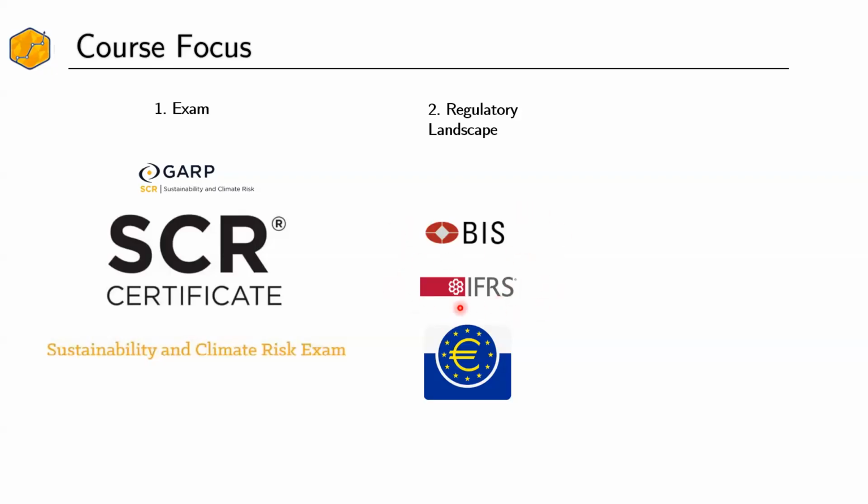IFRS has also come up with disclosure standards for climate risk. I will show you those two papers of IFRS. Banks are supposed to start being compliant with the climate risk related disclosures from January 2024. There are lots and lots of data points that banks have to report in the financial reporting. So that's IFRS. Then ECB also has come up with its